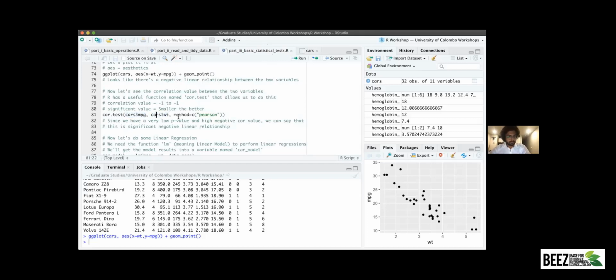Method is Pearson. This is not really that important since we are only doing linear today, but there are correlation tests